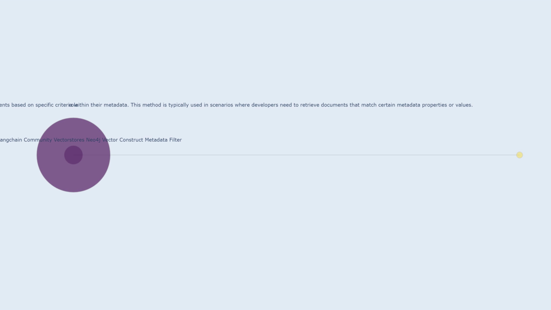For instance, developers might use this method to retrieve all documents written by a specific author, all documents published after a specific date, or all documents related to a particular topic. This method provides a convenient way to filter and retrieve relevant documents based on their metadata, and provides efficient filtering based on metadata associated with documents. The construct metadata filter method allows for efficient filtering of documents based on specific metadata properties. This enables developers to quickly retrieve the documents they need based on their metadata